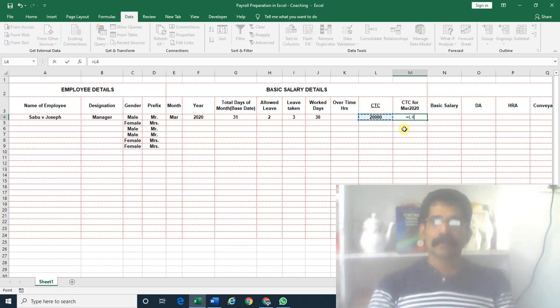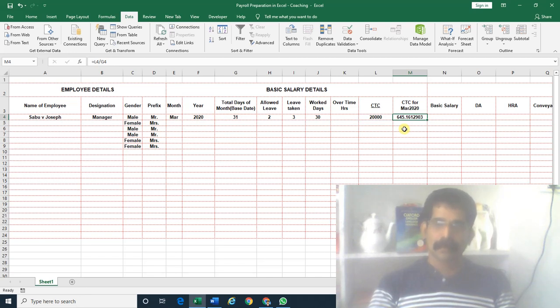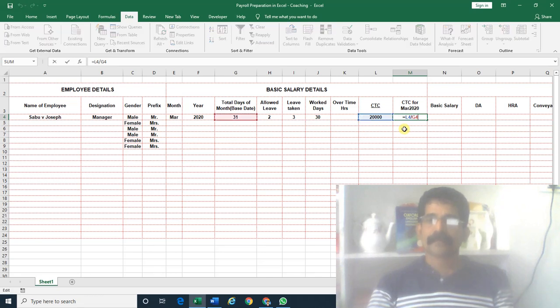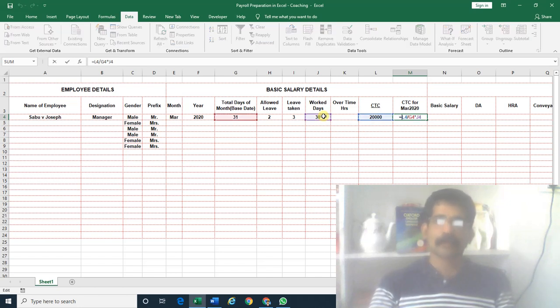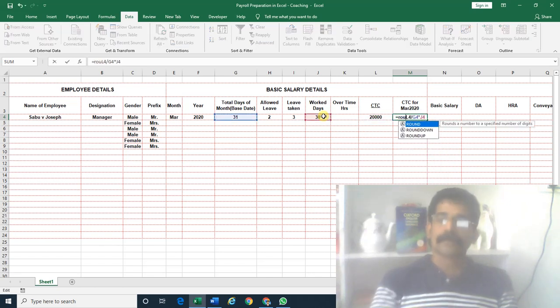So total CTC divided by total days. Now we got 1 day salary. 1 day salary into worked days. Now it is coming to 30 days salary. That is coming as a fraction. That fraction we have to round by the round function.